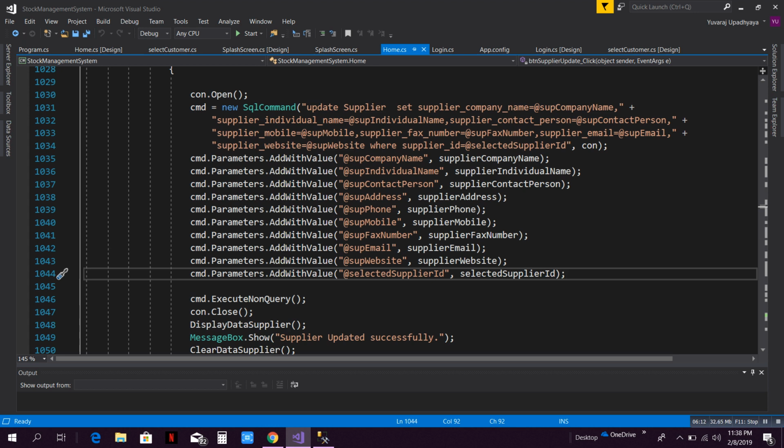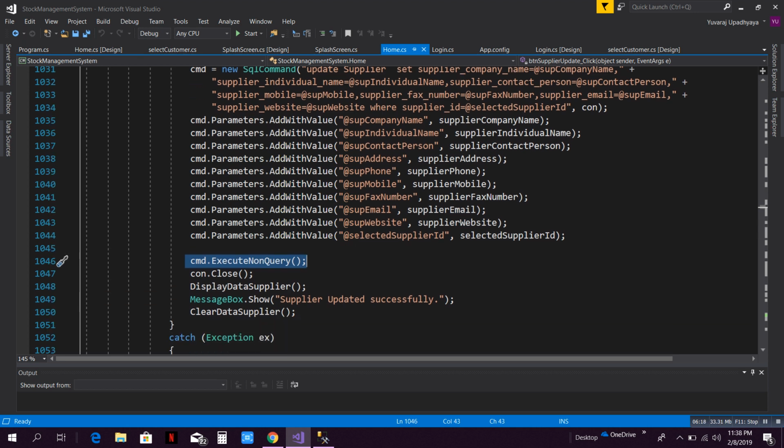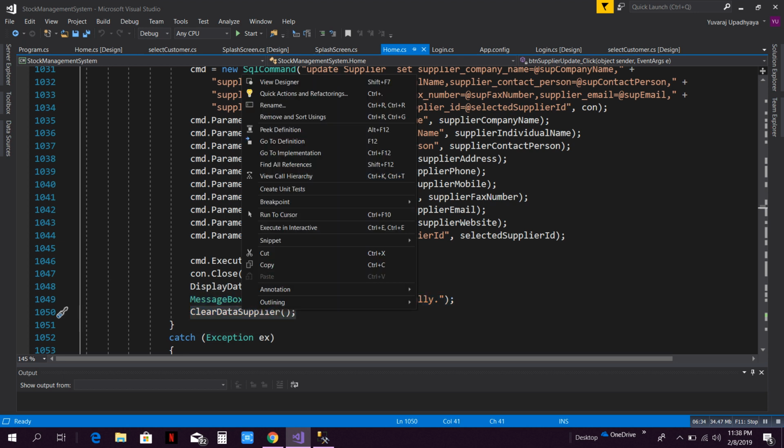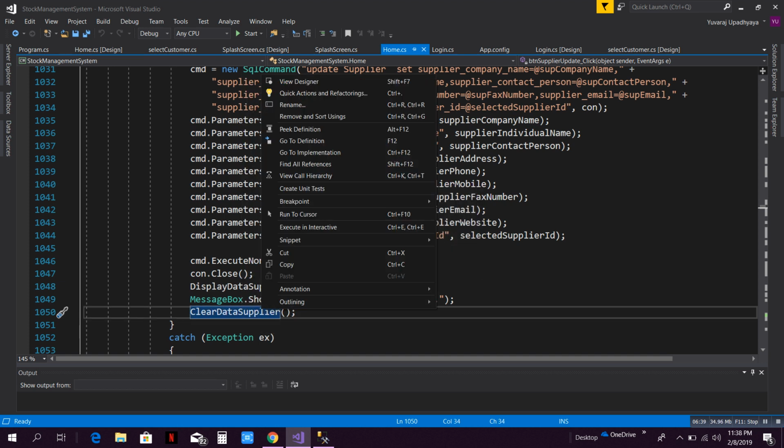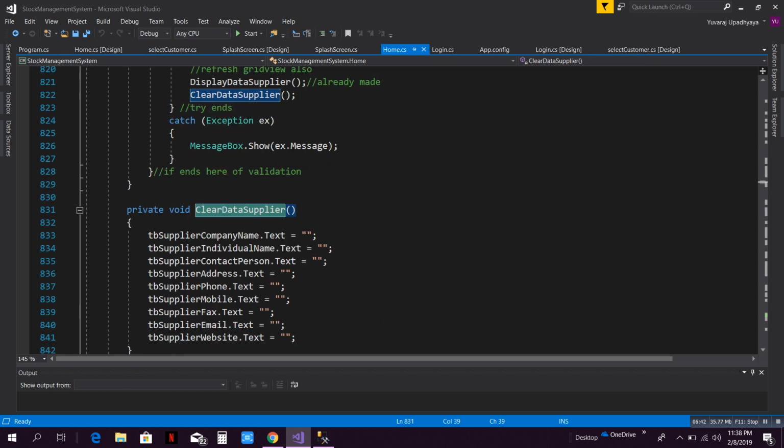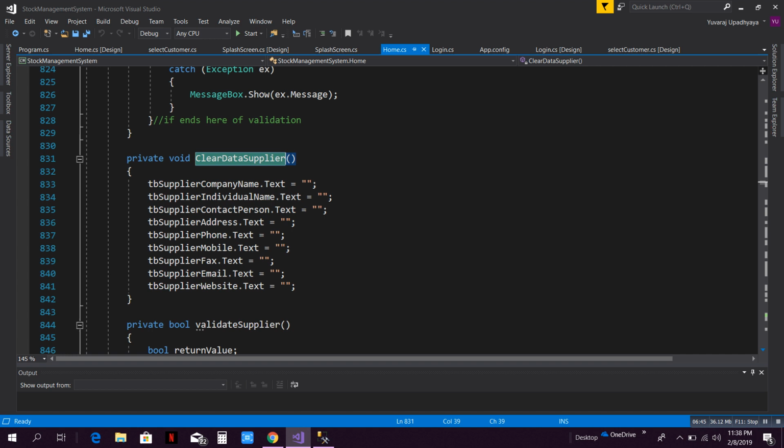Now we will execute our command and close our connection, and again refresh our data grid view with this function. Our message box will be displayed as "Supplier updated successfully", and we will clear our data with the clear data supplier function. For clear data supplier, we have a definition as follows: all text boxes will be empty. Okay, now after that